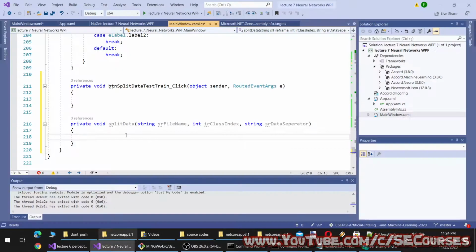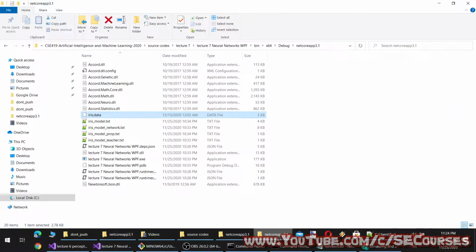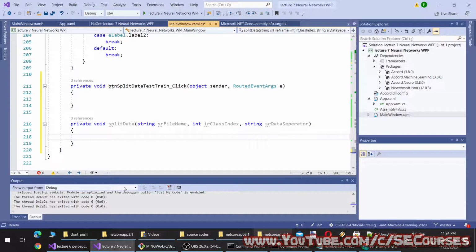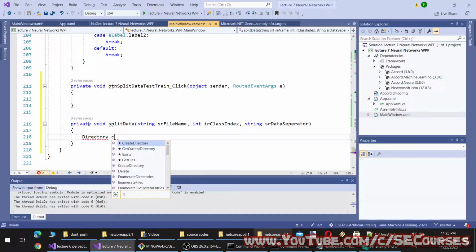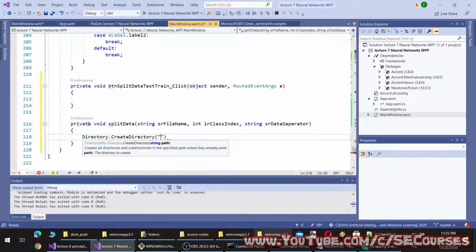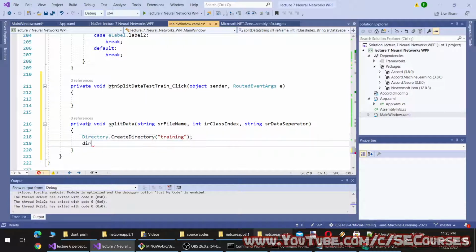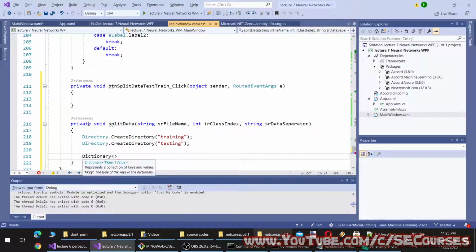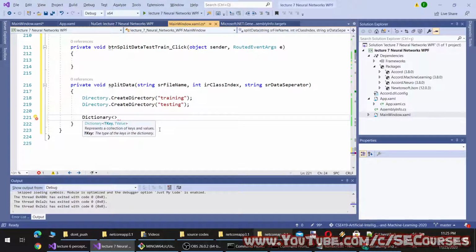Okay, so we are going to split our data permanently to test it. Let's say training, testing. I will use a dictionary to separate the data.